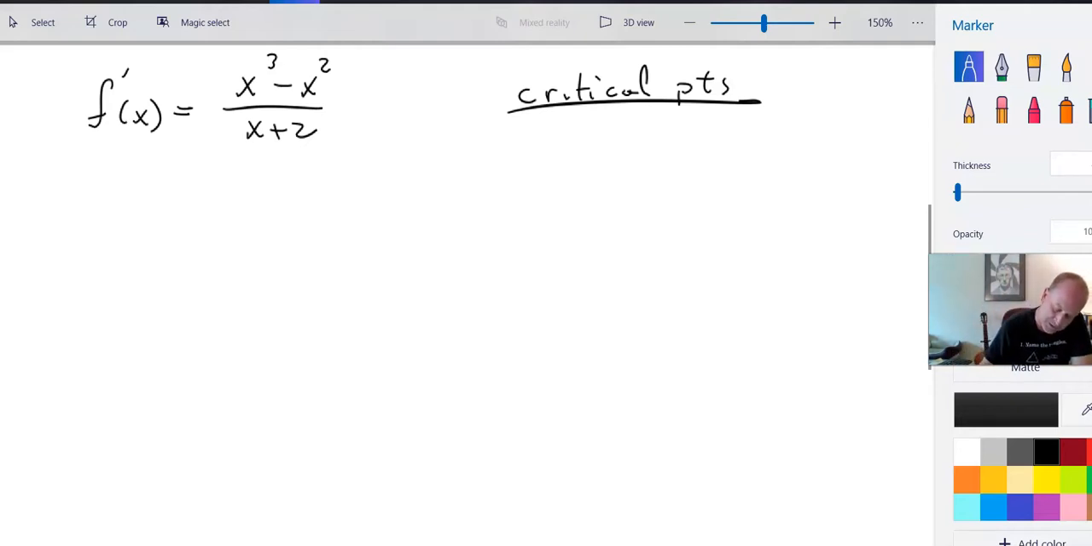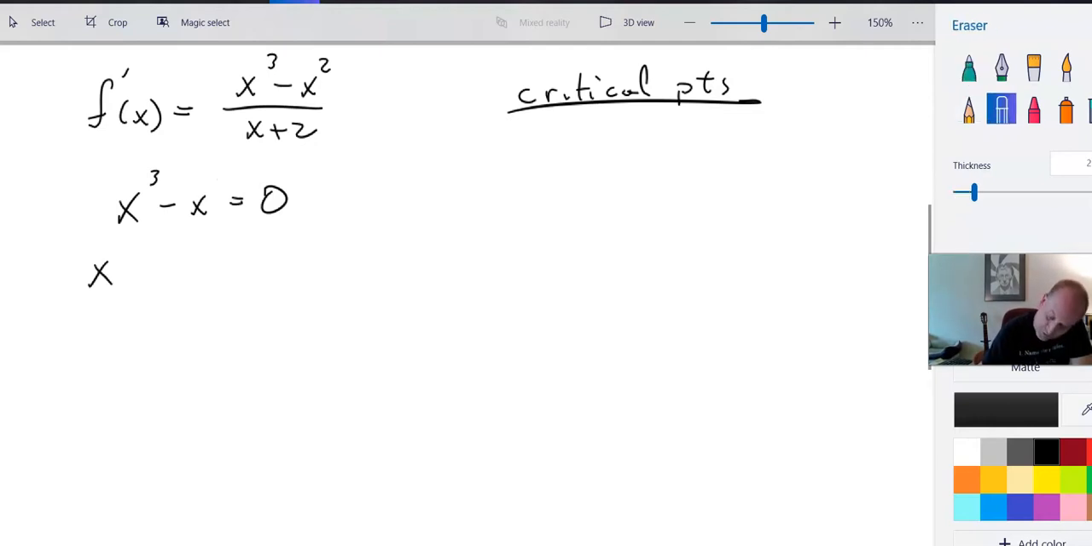Okay, so critical points. Any critical points are found where either the derivative is equal to 0 or it's undefined. So when you have a rational expression like this, the derivative is equal to 0 when the numerator is equal to 0, right? And the denominator is not, so it can't cancel out the denominator. So let's make sure we don't have any holes in this thing. So if we factor this out,